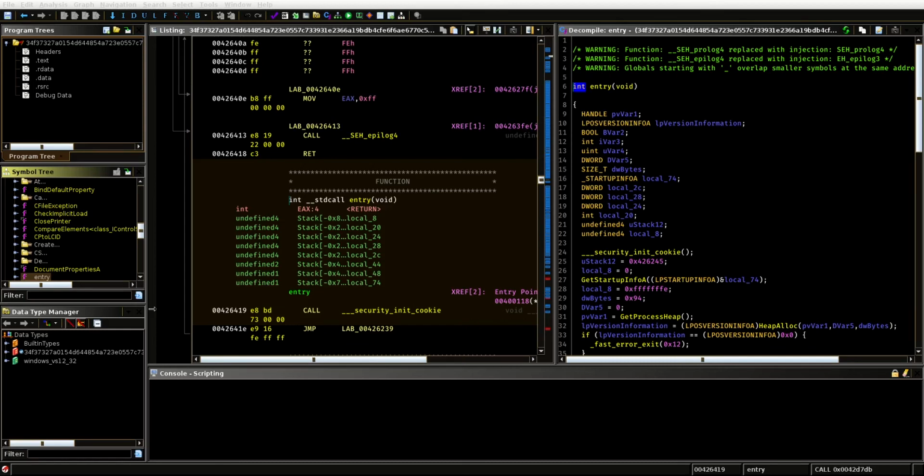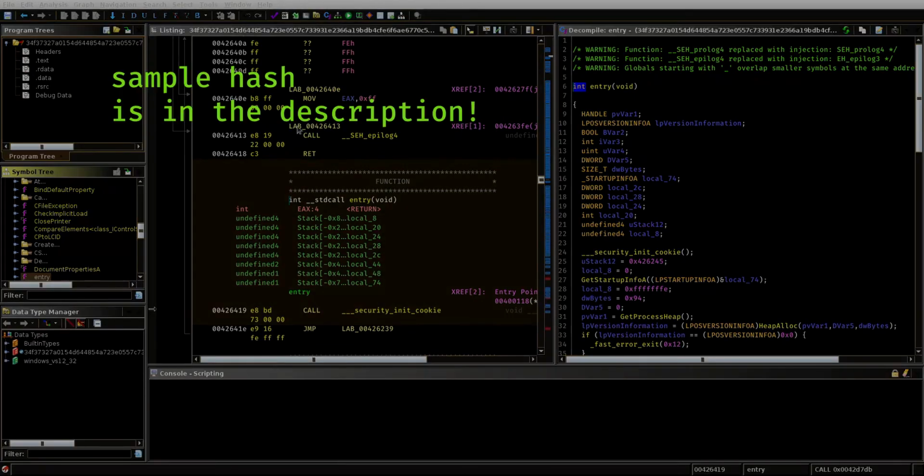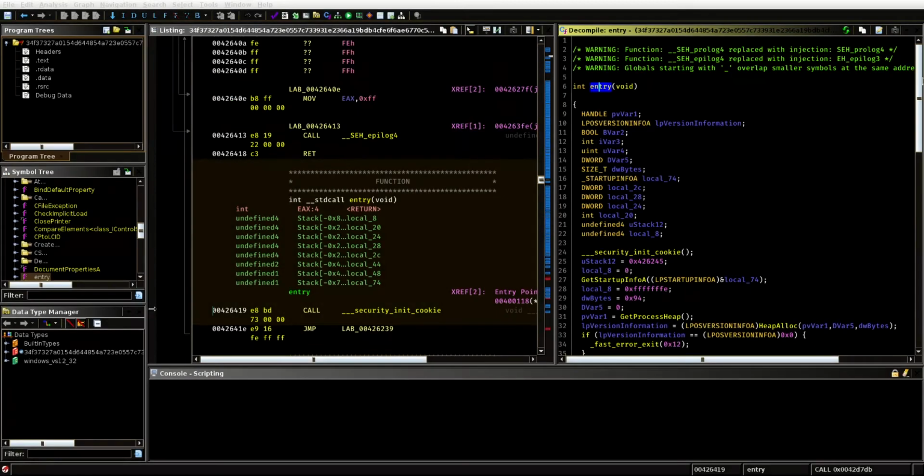Hello again. So this is going to be a really quick video of how to get to the payload of the FatalRAT malware. I have this malware loaded here into Ghidra and I am at the entry point. So without going too deeply into all of this static analysis I did,